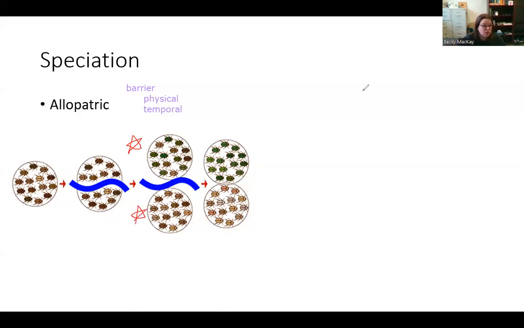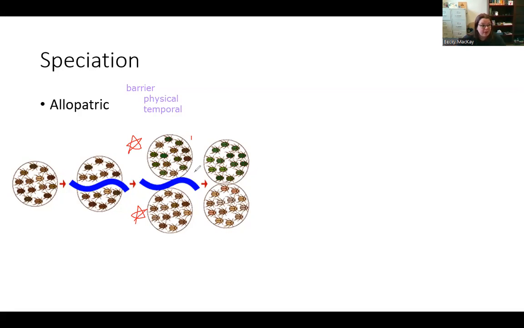Maybe there was a mutation that started turning these beetles green. Maybe on the north side of the river, it's a very green environment versus on the south side, it's very dusty. And so being light brown is better, whereas being on the top, being green is better. We don't know. It could just be random. It could be more beneficial. But the important part is that it's changing differently because of this barrier.